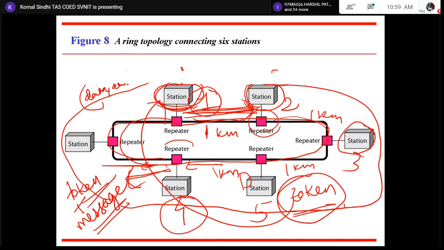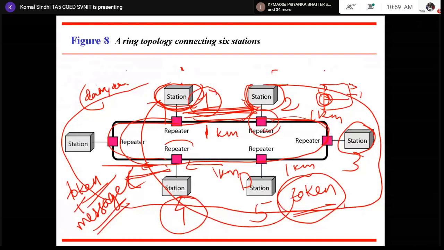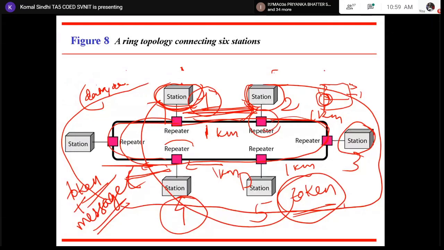We need repeaters, right? At your home also, let's say your home has 3 stories. If there is only one router at your home, it might be possible that at the third floor, the range might not come properly. So what you need is a single router, but repeaters at the first, second, and third floor to get the range properly, right? So to increase that range, to amplify the signals, we need a repeater at every position to make sure that the signal strength does not decrease and the message reaches properly. Okay.